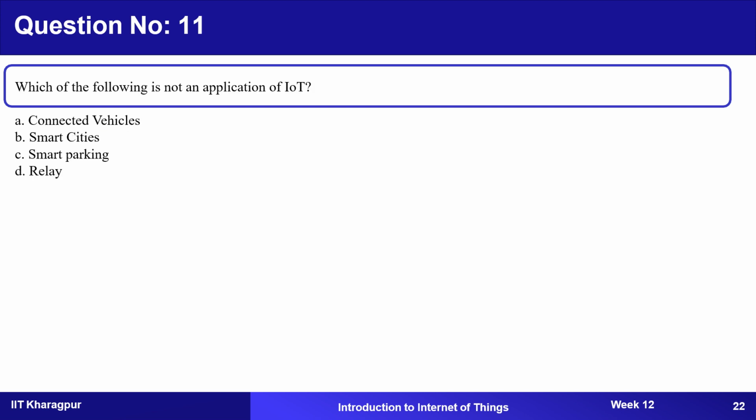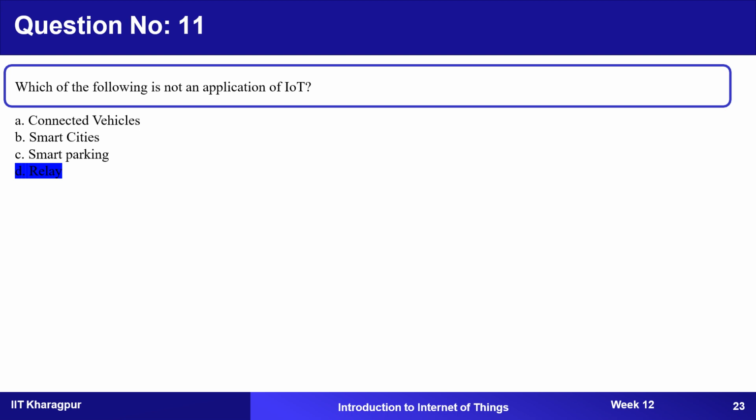Next question is, which of the following is not an application of IoT? Options are connected vehicle, smart cities, smart parking, relay. D. Relay. Okay. So relay is the correct option for this because it is a component, not an application,